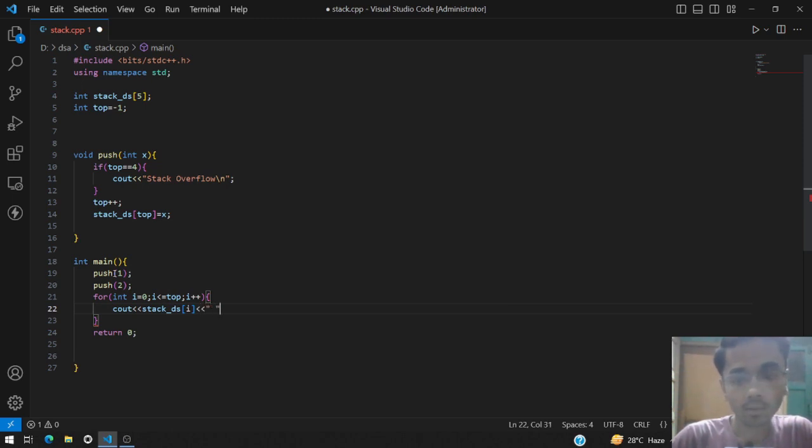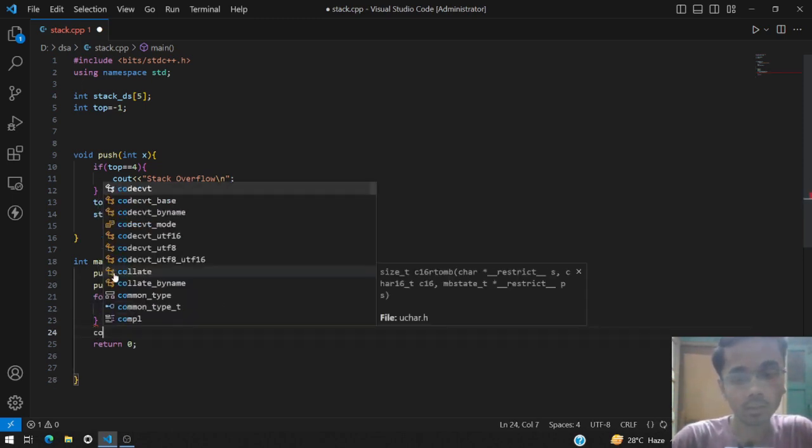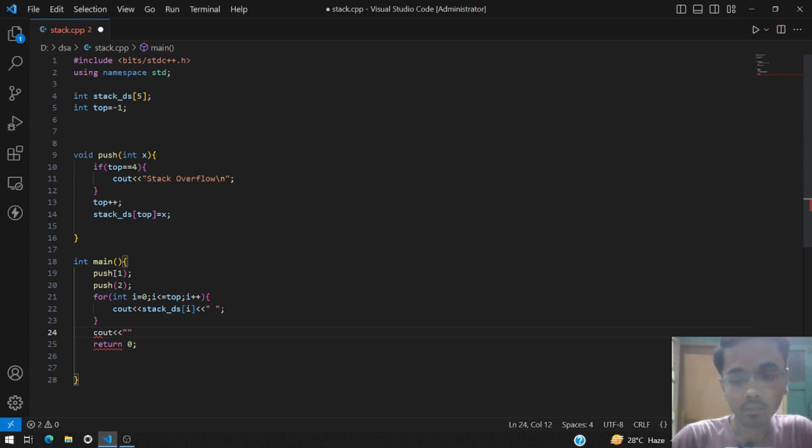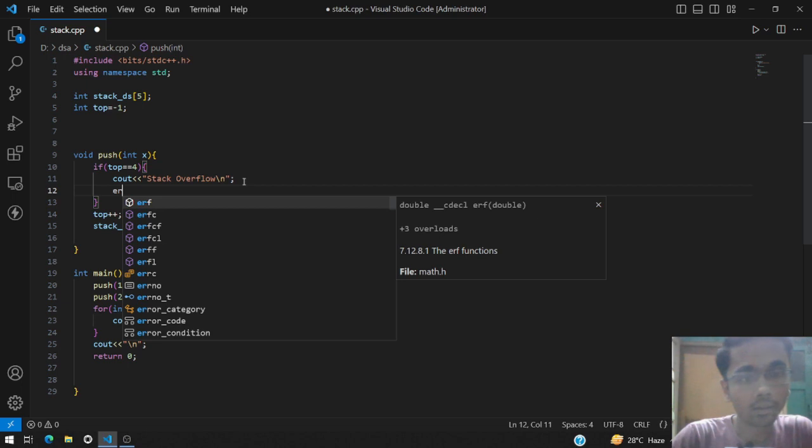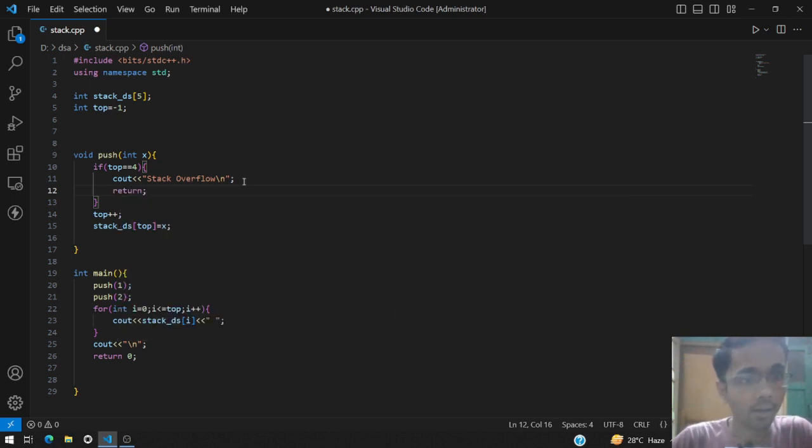So this will display all the elements from 0 till top and just leave a line after that. Also one thing, we need to return after this because if there is a case of stack overflow, then we don't want to insert that element because there is no space. So we will return after that.